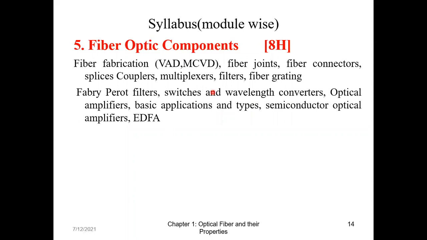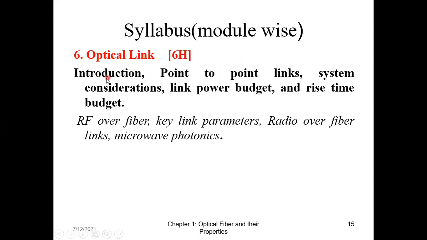In the IA portion, I am telling you from the beginning, it will be modules 1 and 5 for IA1. Once I finish 5, I will go to module 2. Then I'll go to module 6. In module 6, the link budget is there. Here we will have the link budget example. Numericals are there, so we will be solving those numericals.